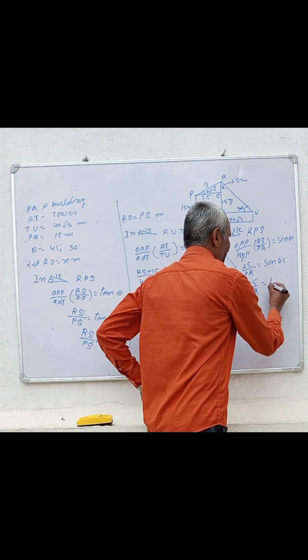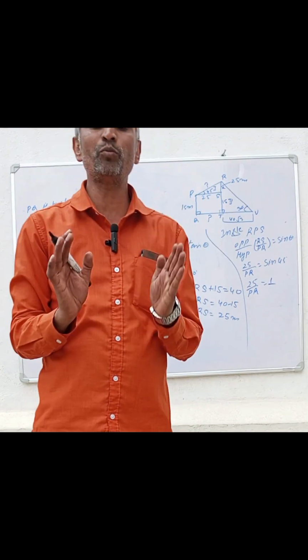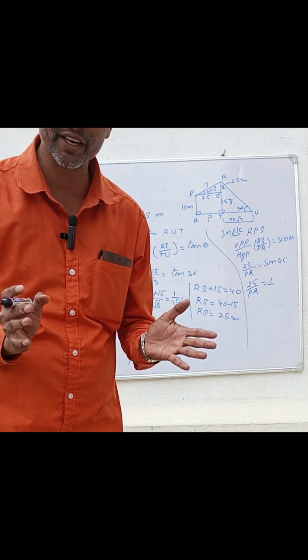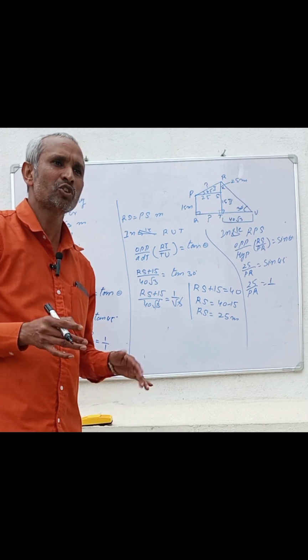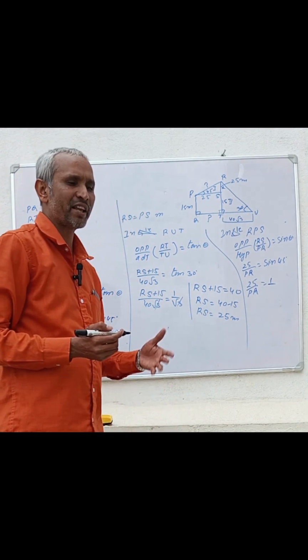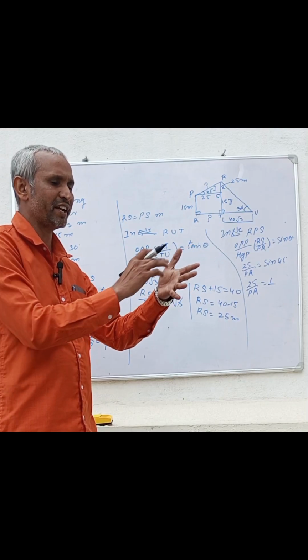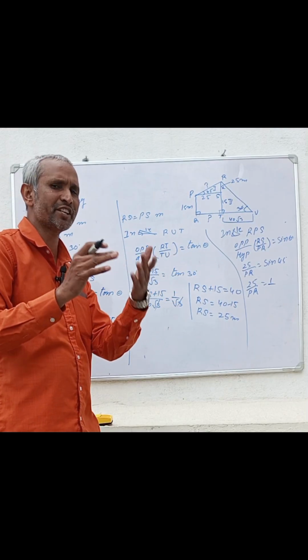You have to remember the table. In my playlist, there is one video on how to form the table, that is already made. Shortcut tricks are also given, how to find the values by the fingers: 0, 30, 45, 60, 90. Sine is downside, cos is upside. The video is already there.